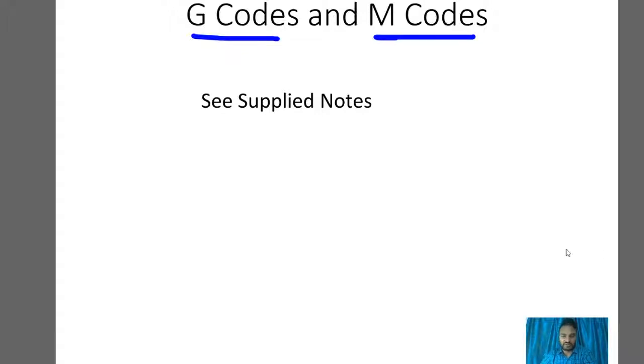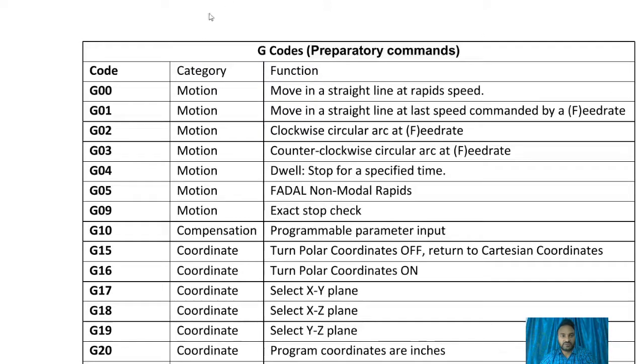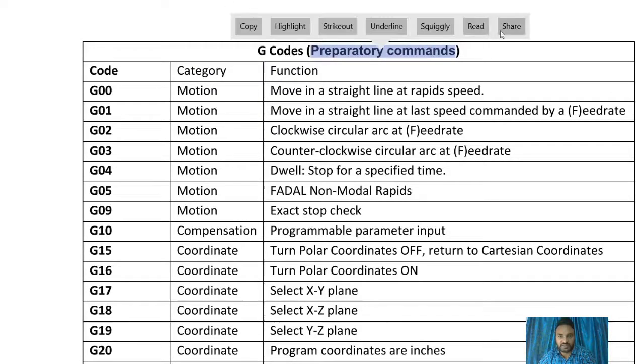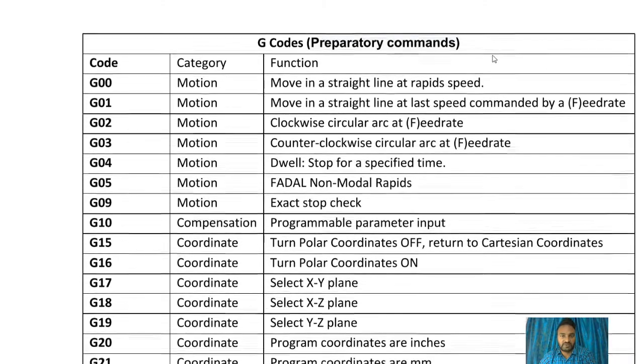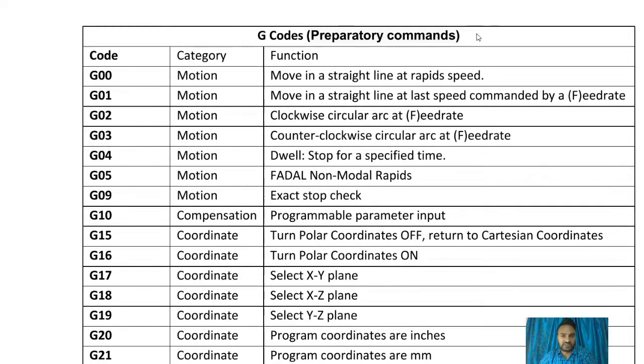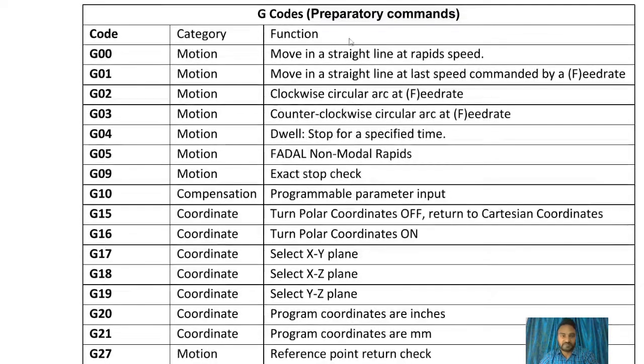Welcome once again. Now we are going to see what happens in G code and M code. So G code and M code, you see here, are preparatory commands. It prepares the machine tool, or say it prepares the controller, for what type of signal the controller has to send to the machine tool. So when we write G00 code, that means